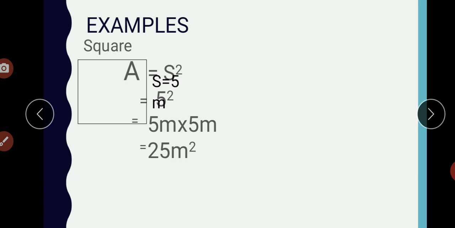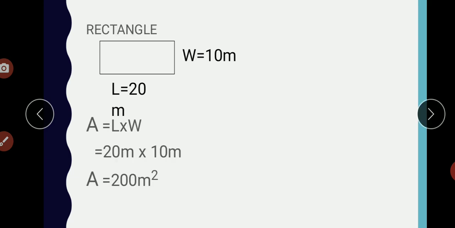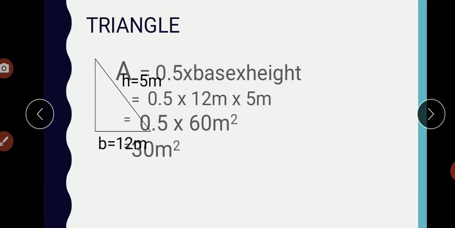So next, let's move to the rectangle. In a rectangle, the area is length times width. The given here is a length of 20 meters, and the width is 10 meters. So just multiply 20 meters times 10 meters, which will give us an area of 200 square meters. Next is the triangle. The area of a triangle is